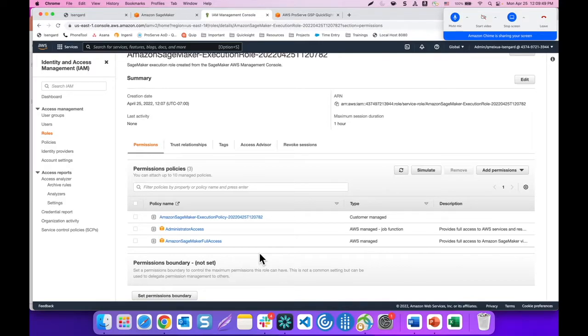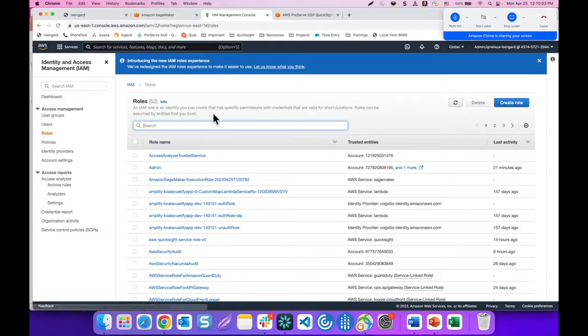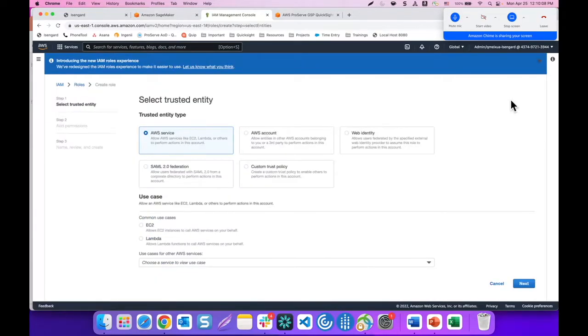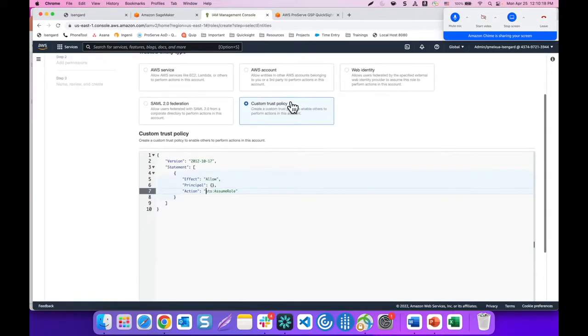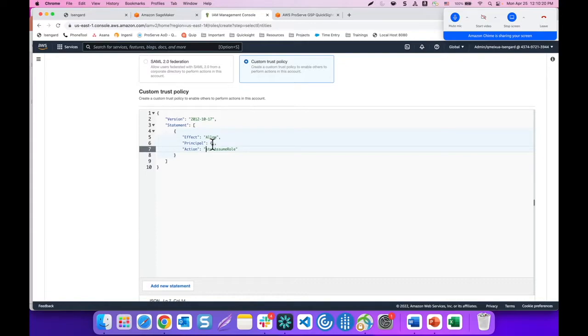Cool. So once this is finished, we will go ahead and create a role that this execution role can assume to make any QuickSight API calls. So we will go over again, press on roles, and we will create a new role. And for this one, we will press custom trust policy because we just want our execution role to be able to assume this role. And under principal,